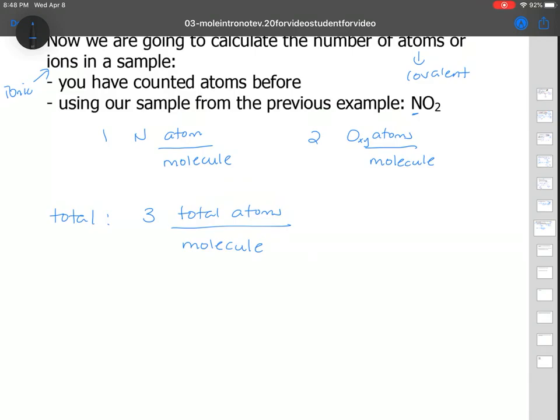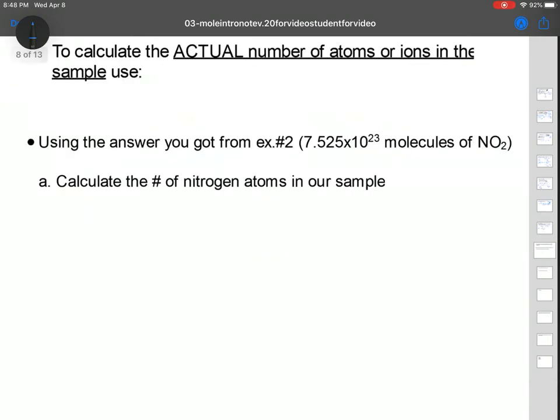So there is that. But don't stress too much about it. It's really a very straightforward calculation. Okay, so when you're calculating the actual number of atoms in your sample, not just in one random molecule,